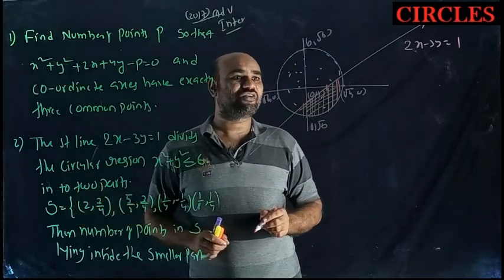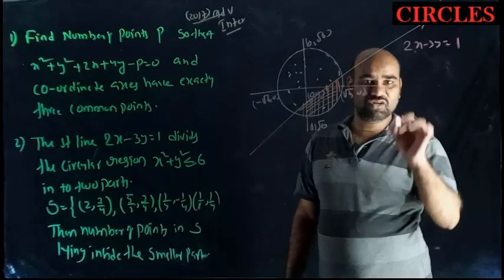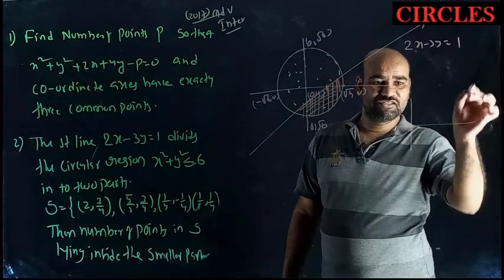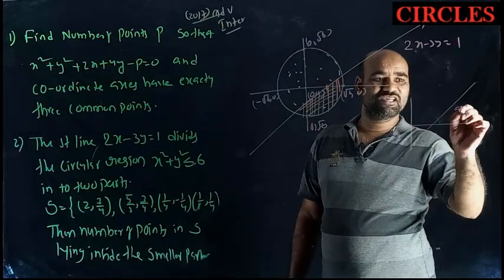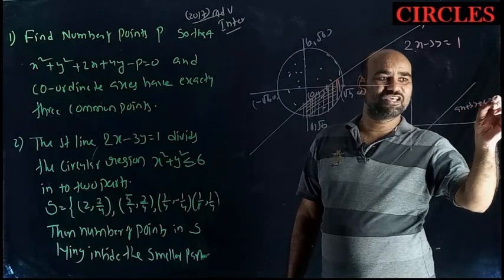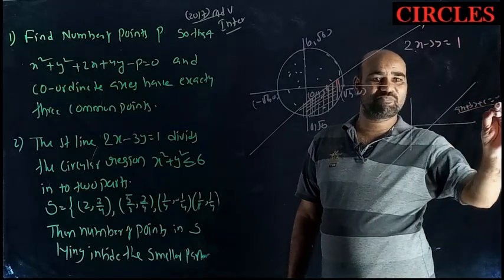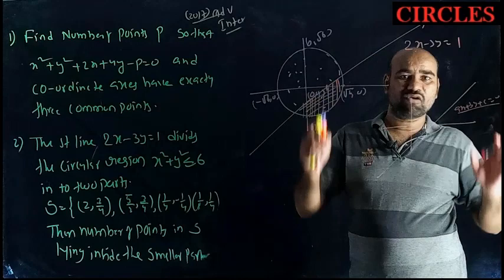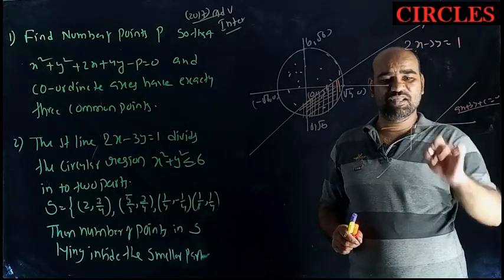Okay. First of all, you already know this, observe all of you, this is a coordinate plane. This is a straight line named by ax plus by plus c equal to 0. Then ax plus by plus c equal to 0 divides the total plane into half planes. This is one half plane, this is another half plane.